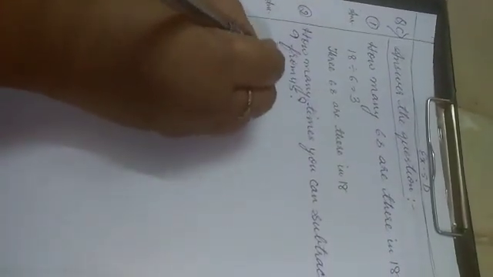Okay, come to the next question. How many times can you subtract 9 from 45? So you have to do repeated subtraction. You will start with 45 minus 9. So it will come as 6, and here 3. Then 15 minus 9, it is 6, and here 3. Again you will subtract 9. This will come as 16, and here 2. 16 minus 9 is 7, and here 2.